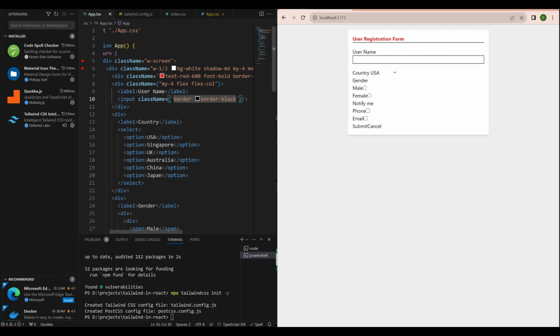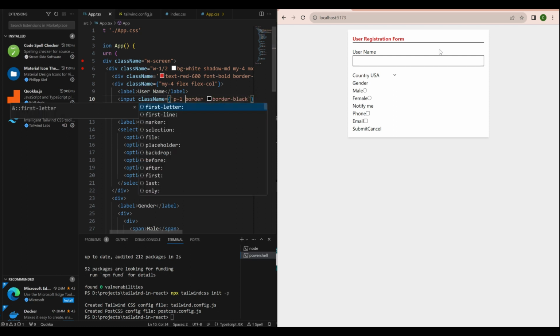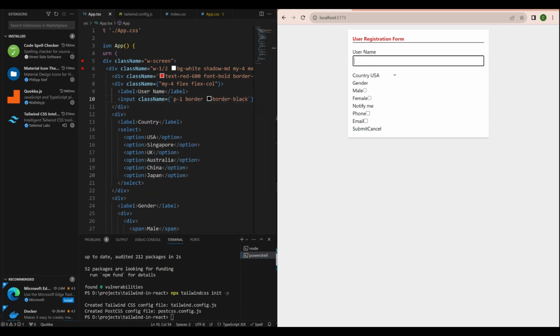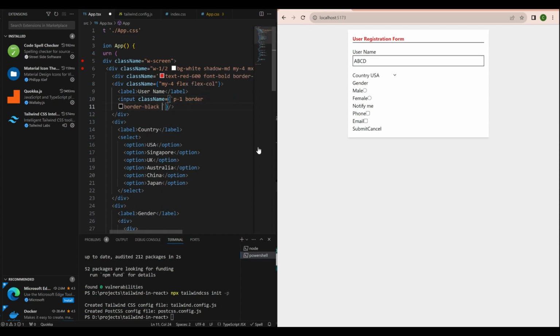But before that, let me give a padding of 1 so that the text looks better. Yeah, this looks better. But when I'm typing, you can see the outline of this box, or this input box, is actually bold. So that's because whenever there is a focus on the input element, there is an outline that gets added. If you want to remove that, that can also be done with the help of focus and